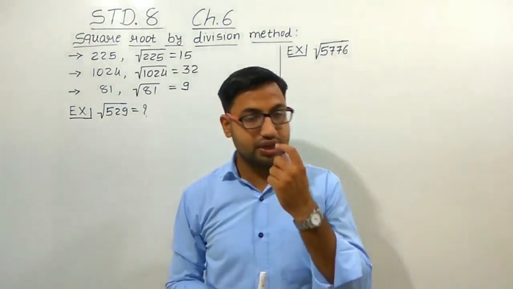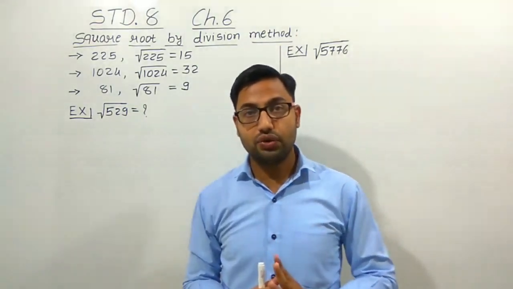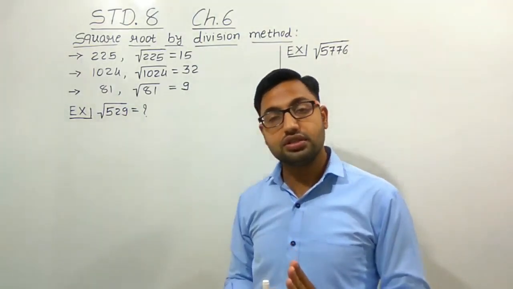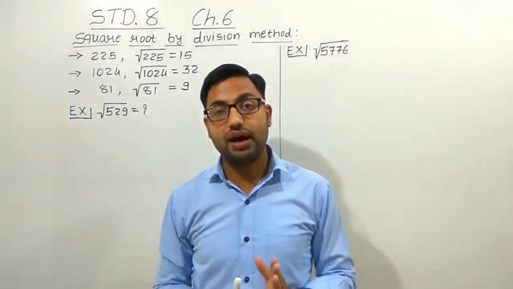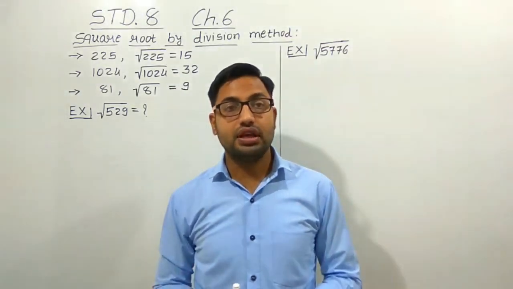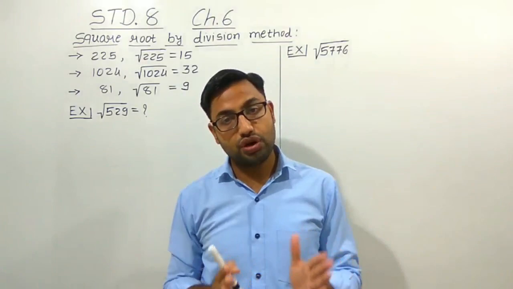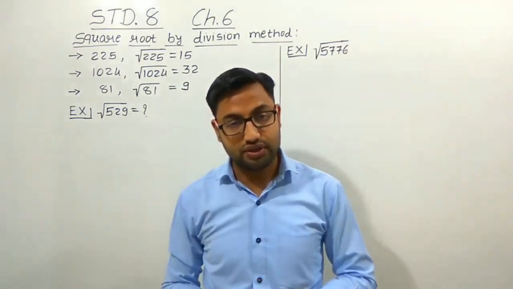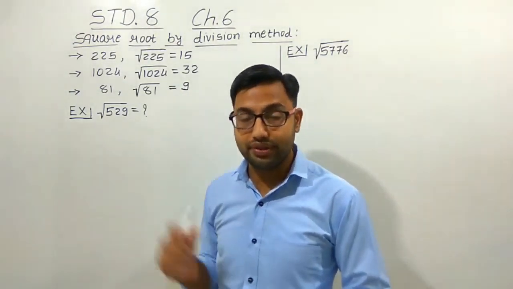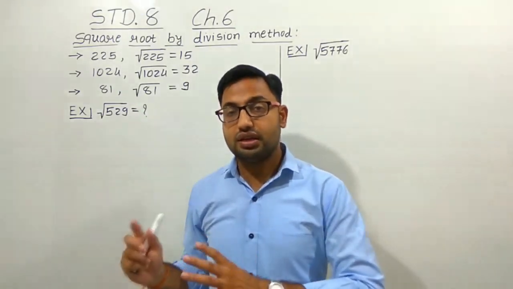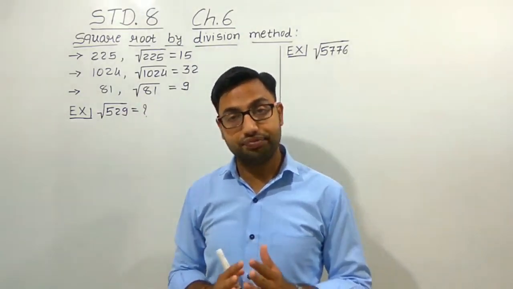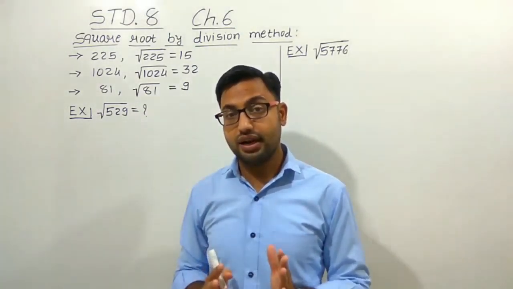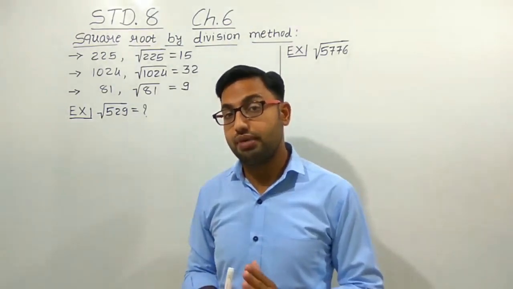So till now we have studied two methods to find the square root. The first one is to find the square root by repeated subtraction. Another method is to find the square root by the prime factorization method. Now this is the third method. See, this method is new for you, but let us understand how we can find the square root by